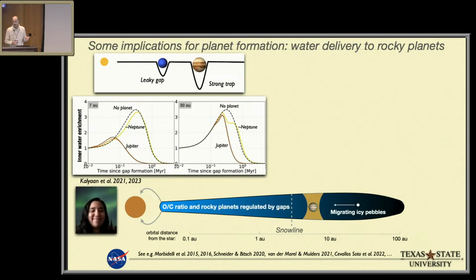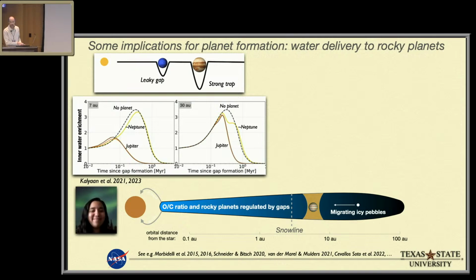And connected to that, second comment, imagine now determining planets' masses that determine certain gaps at certain locations in disks, and in turn, how much water enrichment, how much water you can deliver to the rocky planet formation region. In the most recent paper by Nusha Kalyan, the modeling paper of this work, she showed that a Neptune mass planet at 7 AU would produce only a very leaky gap in comparison to a Jupiter. And that would determine a water rich or water poor outcome, and the amount of water that you deliver to